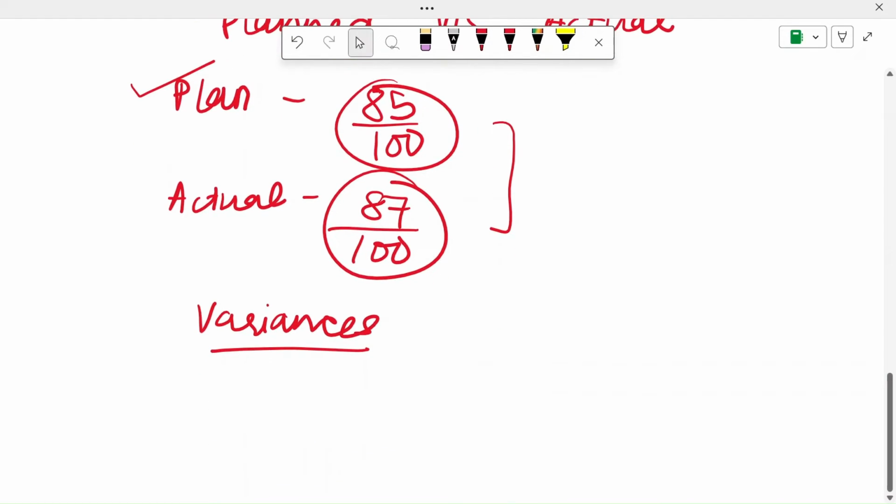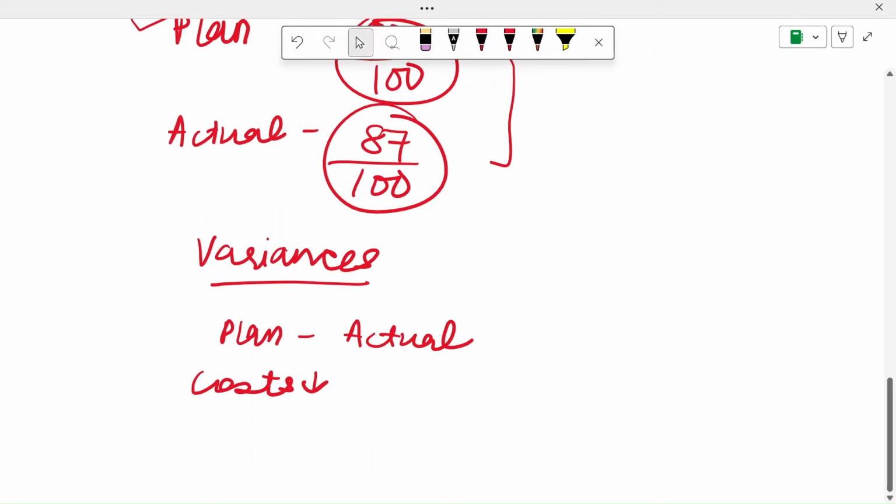Personally, it is one of my favorite topics. So variance is basically nothing but the difference between what you have planned and what you actually got. So the difference between the plan minus your actual will give you the variance. It can be a good variance, it can be a bad variance. Good is something that if you are able to get your costs down, so